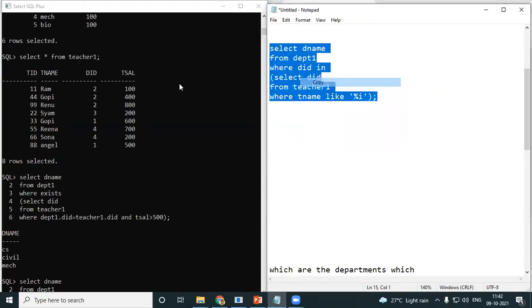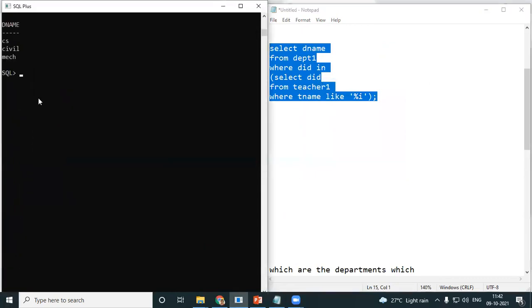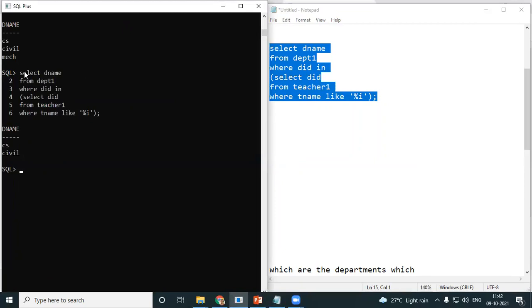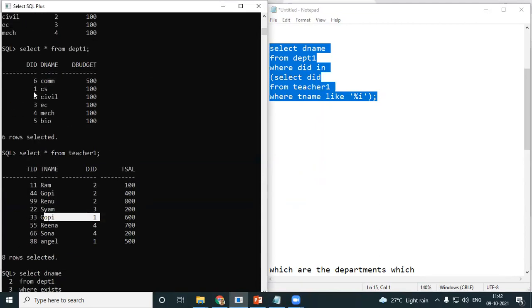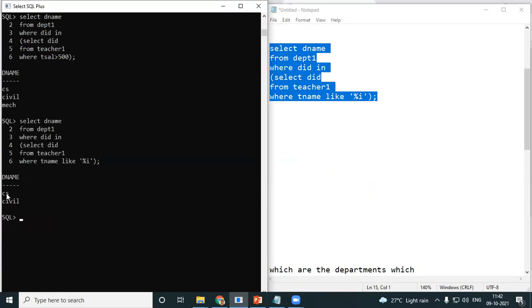I just copy this. Come here and paste. Okay, let's check. I had Gopi, na? Gopi, 1 and 2. 1 and 2 is CS and civil.